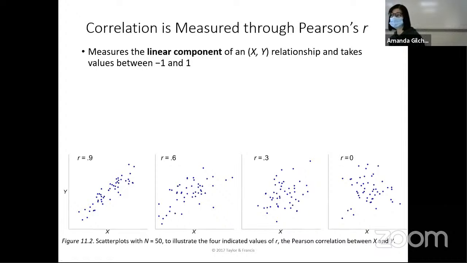0.3 basically looks like I took a shotgun and shot it at a piece of paper, and this is what came out, this really scattershot thing. But there is a bit of a relationship here. Notice that in general, as X increases, Y increases a little bit. Now here, a correlation coefficient of 0 is also scattershot, but there's not really the same kind of relationship here. And it turns out with a correlation coefficient of 0, the line of best fit,